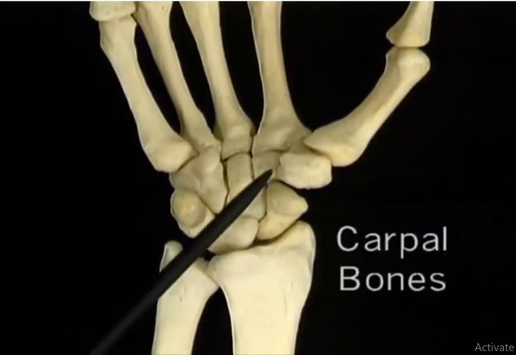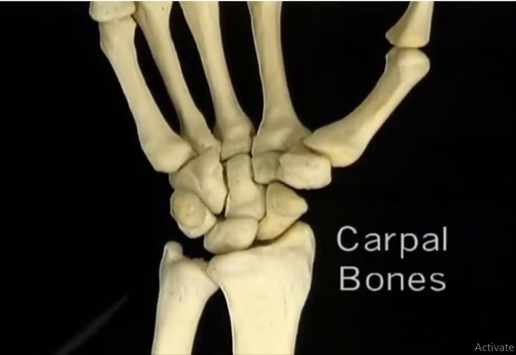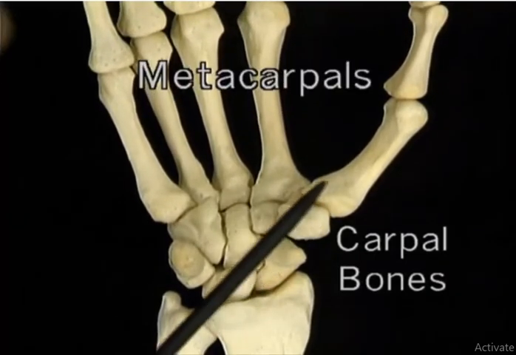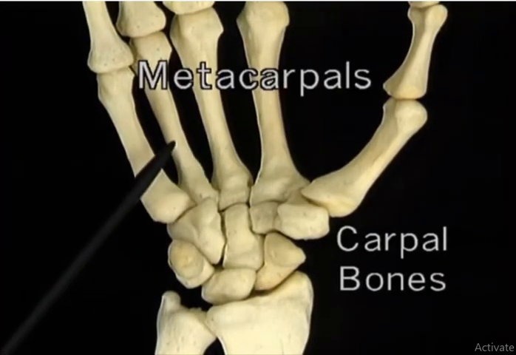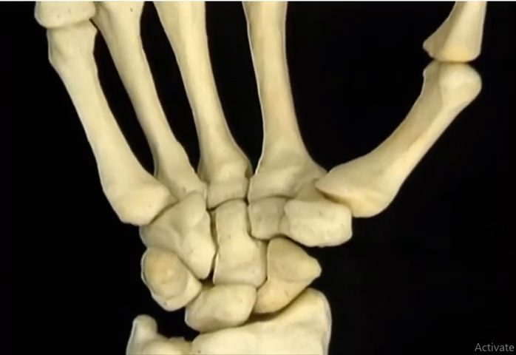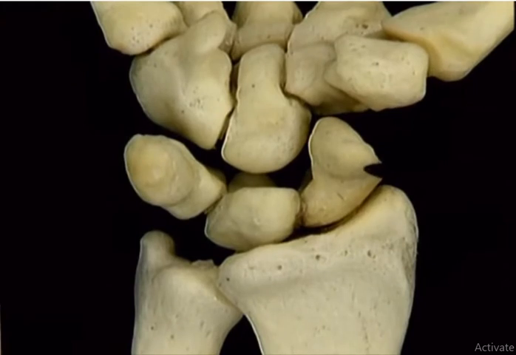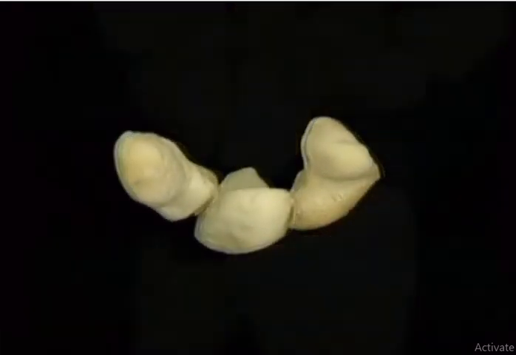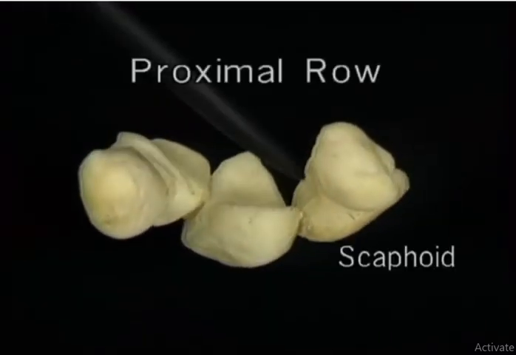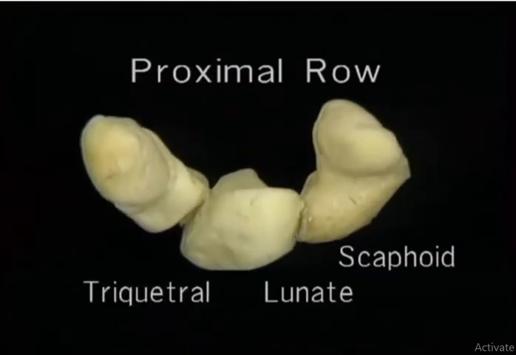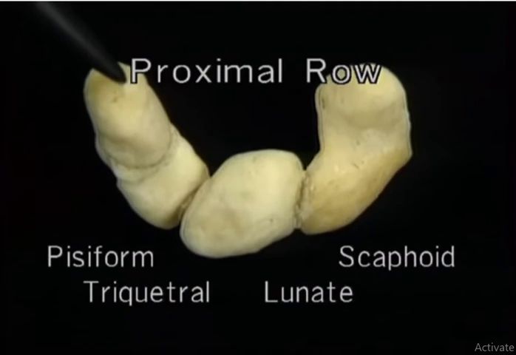Eight small carpal bones form the carpus. Distal to the carpus are the metacarpal bones, numbered 1, 2, 3, 4, and 5. The carpal bones are in two rows, a proximal and a distal. The bones in each row are attached closely to one another. The four bones of the proximal row are the scaphoid, the lunate, the triquetral, and the pisiform, which sits by